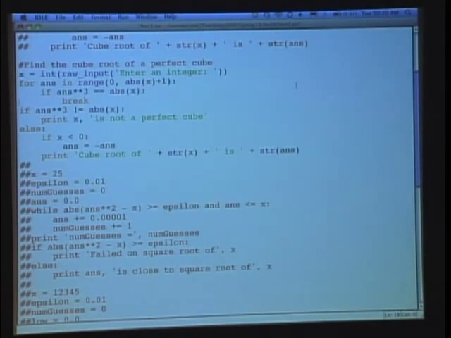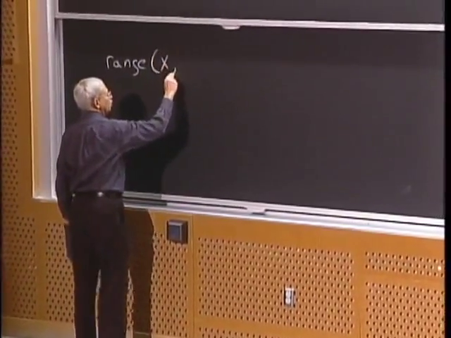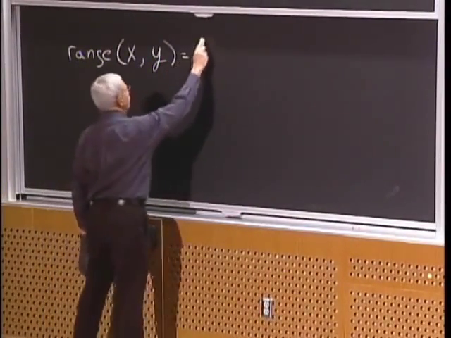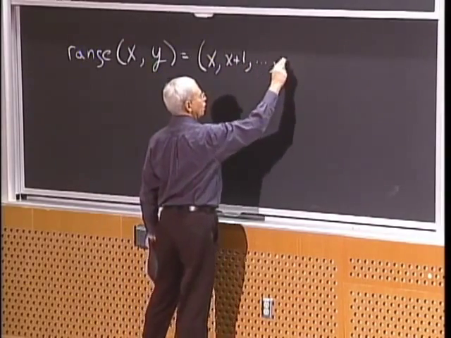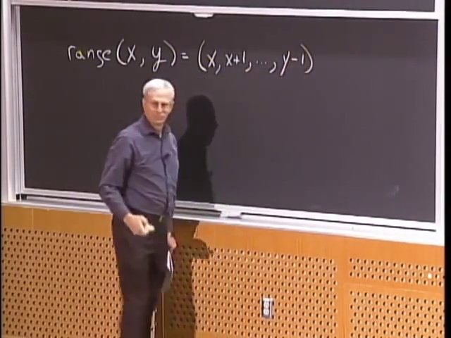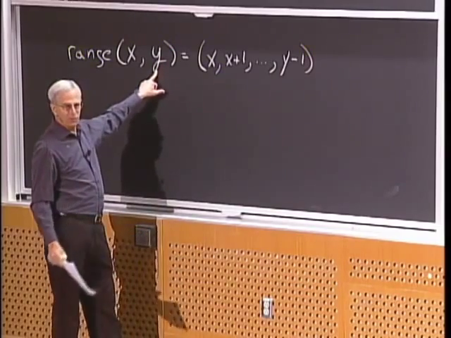What that says is range is a built-in function of Python that generates, in this case, a sequence of integers, something called a tuple, which we'll be looking at in a lecture or so. But for now, it's pretty simple to think about. What you get is, if you look at the expression range of x to y, that gives me a sequence of values x, x plus 1, up to y minus 1. Notice not up to y, but up to y minus 1. So it gives me a sequence of length y,